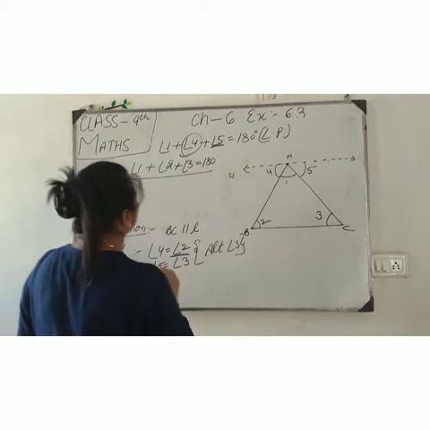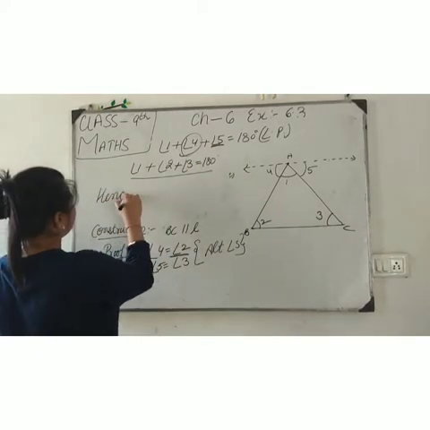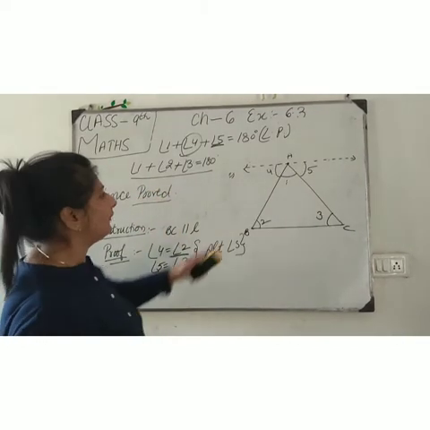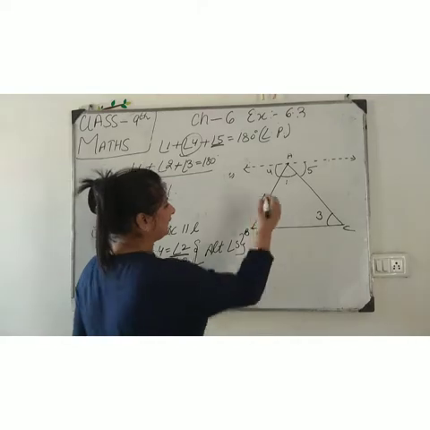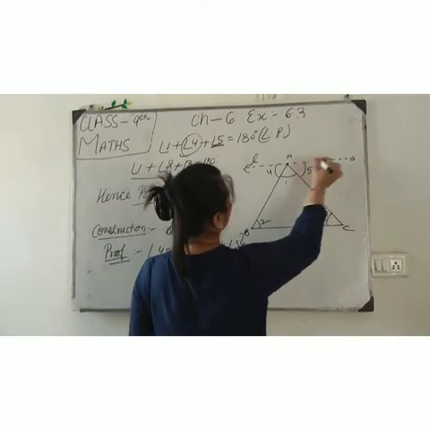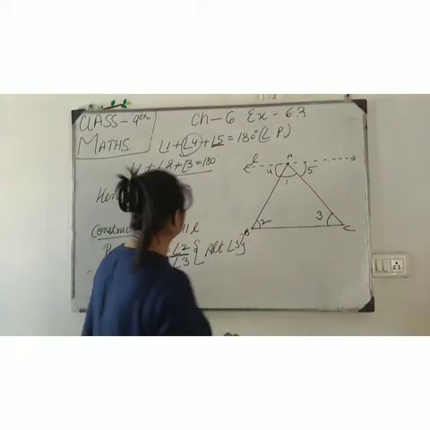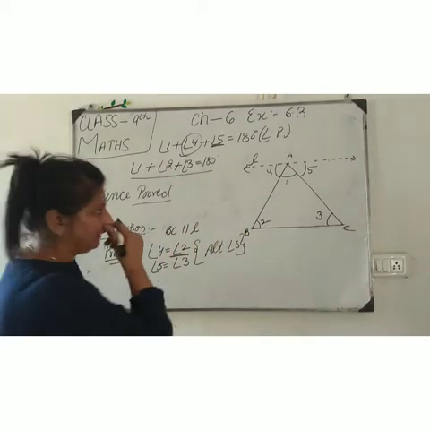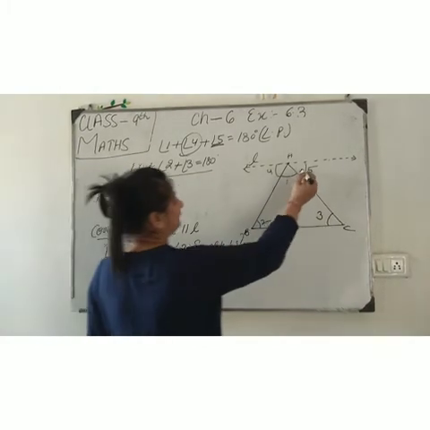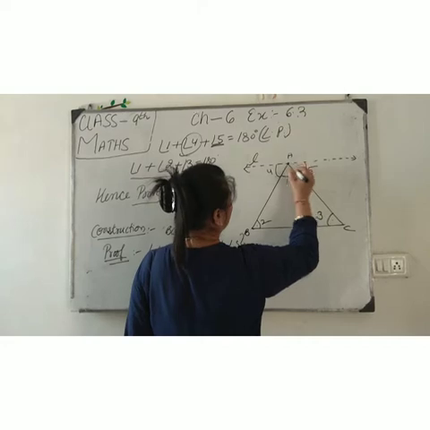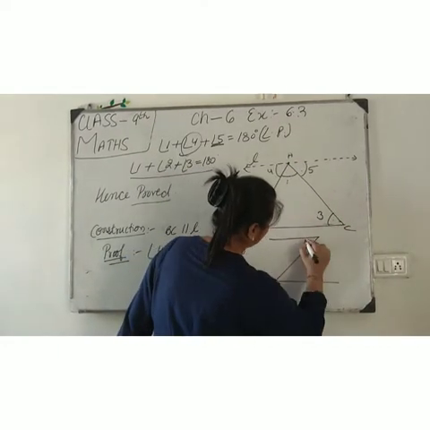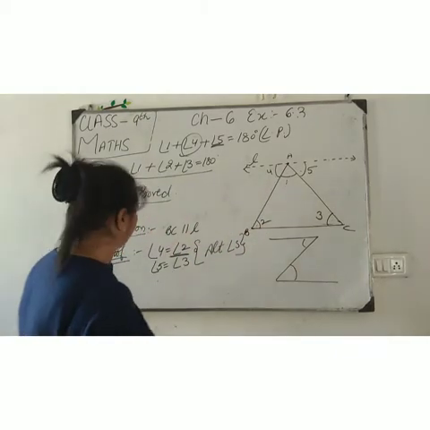And similarly, I prove. So, hence proved. I repeat once again. First, I draw a figure, triangle ABC. By construction, I construct one line parallel to BC. And angle 4 equal to angle 2, angle 5 equal to angle 3 by alternate angles. And what is the property of alternate angles? Z. It is the symbol of Z.